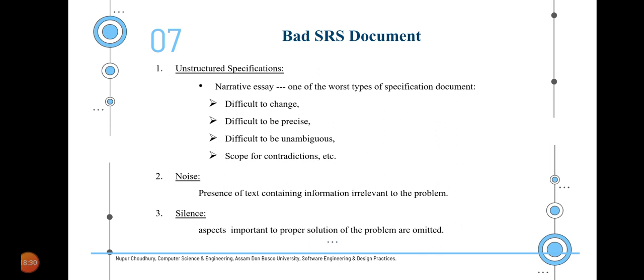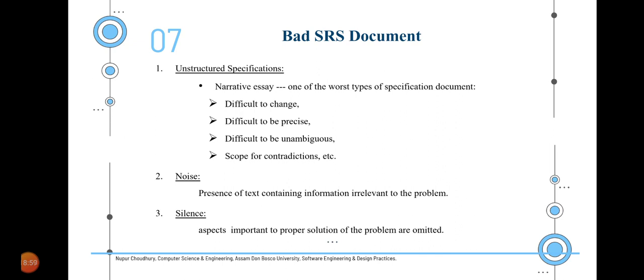Thirdly, if it is difficult to be unambiguous or it is ambiguous in nature. And fourthly, if it has scope for contradictions. So then we call this document unstructured, or the specification an unstructured specification. And it is one of the most important points by which we can judge a particular SRS to be a bad SRS.